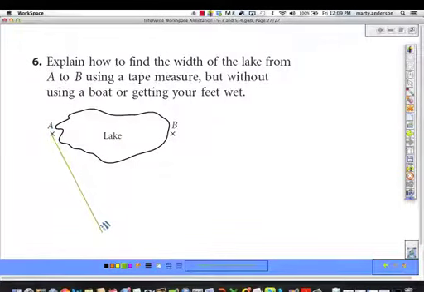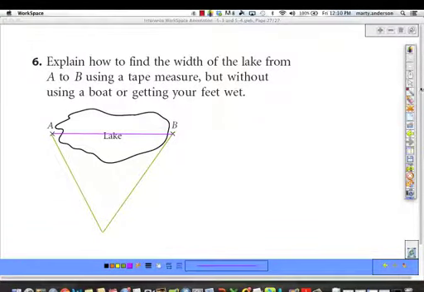Let's make this out here, and then let's make this out here. Now, what am I trying to find? I am trying to find the distance from here to here without getting my feet wet. So what am I going to do? I'm going to get my tape measure out, and I'm going to measure the distance from here to here and calculate the midpoint, and measure the distance from here to here and calculate the midpoint. I can then